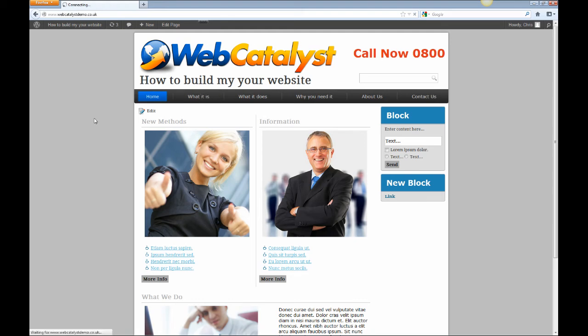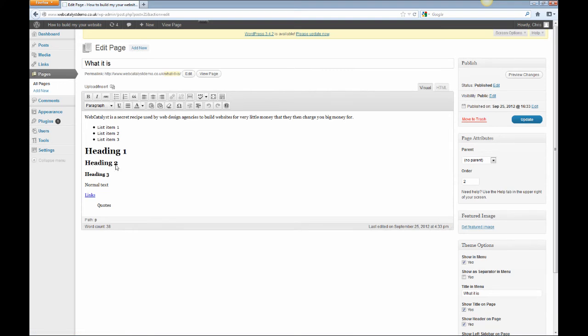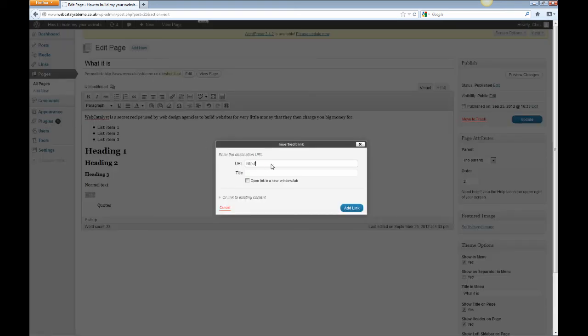So say on the What It Is page, I'll use this edit link for now just for fun, we know that that link goes somewhere. The way of formatting links in the editor is a bit different. If we click on it, you see this little link icon, it's showing that there's a link active. If we clicked on the little broken link thing, it would remove that. If we click on it, it gets rid of the link, so it just becomes plain text again. But if I want it to link to another page on the site, I click on link, and I can either type in where I want it to go,